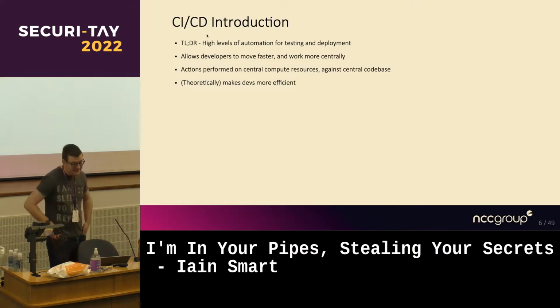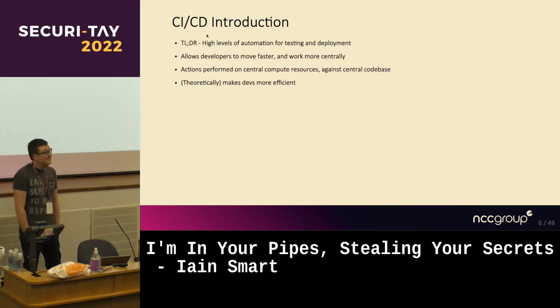So, CI/CD. The TLDR of this is, CI/CD is automation in your build environment. So instead of having to write some code, ship that code off somewhere, have someone else pick up the code, deploy it into another environment, do your testing, have another user go, right, these tests all passed, I'm going to pick everything up and move it into production, and a one month lead time to get something into production, a lot of pipelines are being written just to make this process quicker. There are other benefits as well.